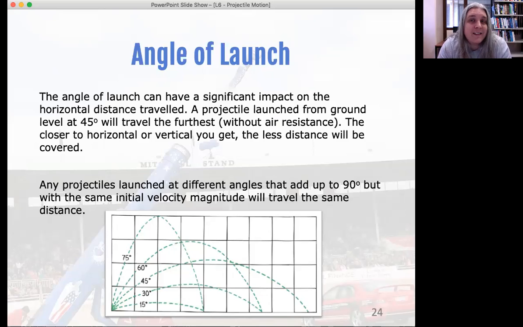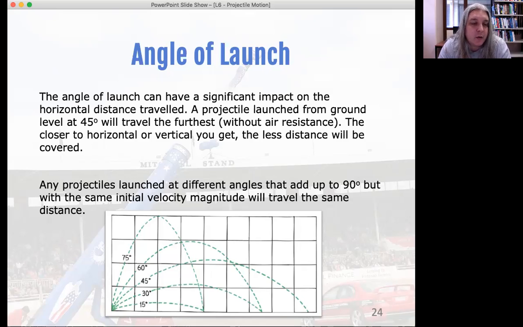So what that means is that any two launch angles that add up to 90 degrees are going to have the same total displacement at the end of their projectile path. And you can see that on this diagram here, we've got 45 going the furthest, we've got 30 and 60 going less but the same as each other, and 75 and 15 going even less but again the same as each other. And hopefully that makes perfect sense if you stop and think about it a moment, because the higher